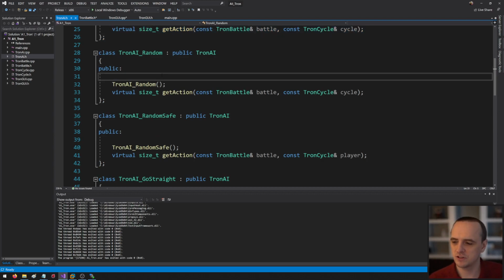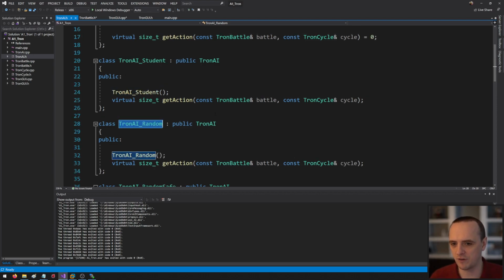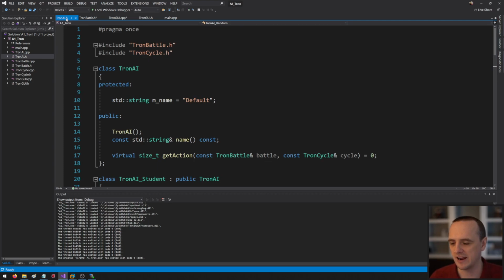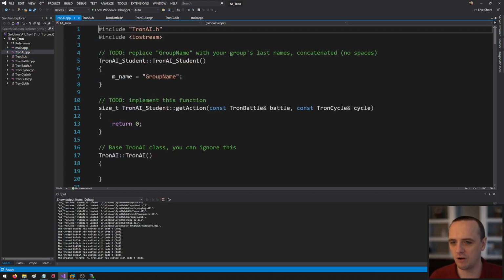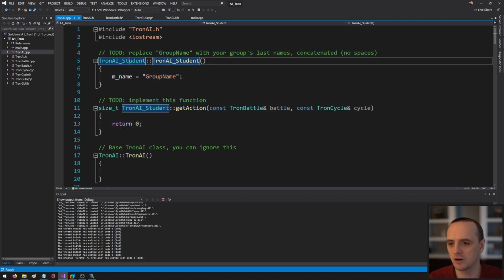Now, typically when you write C++, you're going to have each of these classes in its own header file and its own CPP file, but I didn't want there to be too many files in this assignment. So all the header files here are in one tronai.h header file, and all the code for all of these is inside the tronai.cpp file. Okay, so your job in this assignment is basically just implementing these two functions. So inside tronai.cpp, you are going to be writing